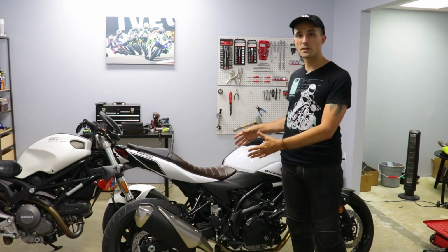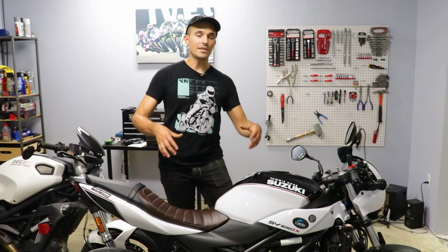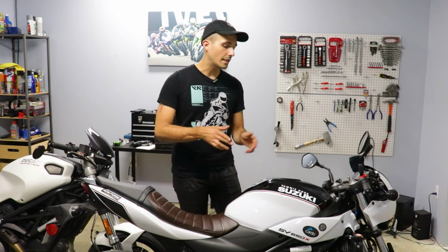But if you don't know anything about this motorcycle, let's walk through it a little bit. So the 650cc class is a great starting point for people who are maybe past their A2 license phase or those who are a little bit older trying to get into the sport of motorcycling. They got plenty of power, they're tons of fun, easy to ride and easy to own, and the SV650 is